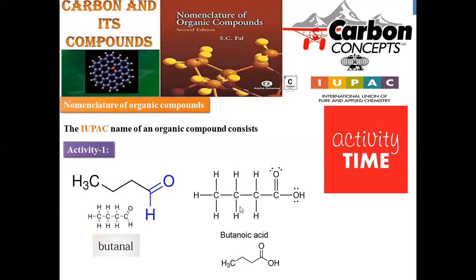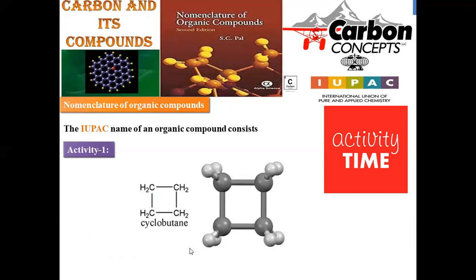And move on to another compound where again we have a parent chain of 4 carbons, but a carboxylic acid moiety is there, with a C double bond OH functional group. Whenever a carboxylic acid is there, in accordance with the IUPAC, it is designated as oic acid. Being a 4 carbon chain, but is the root word, and oic acid is the suffix. So butanoic acid is the IUPAC name of this compound with 4 carbons and a carboxylic acid functional group.